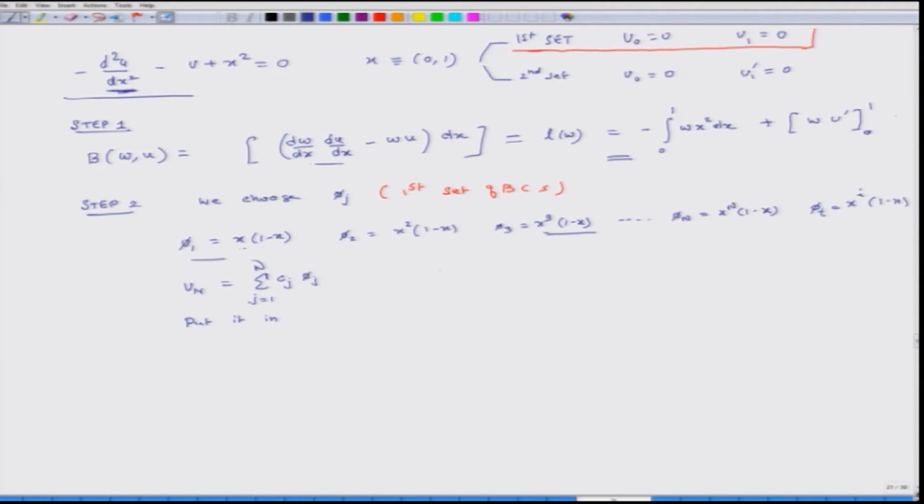So, put it in this equation, equation 1, this is equation 2. So, we put this is 3. So, put 3 in 1 to get